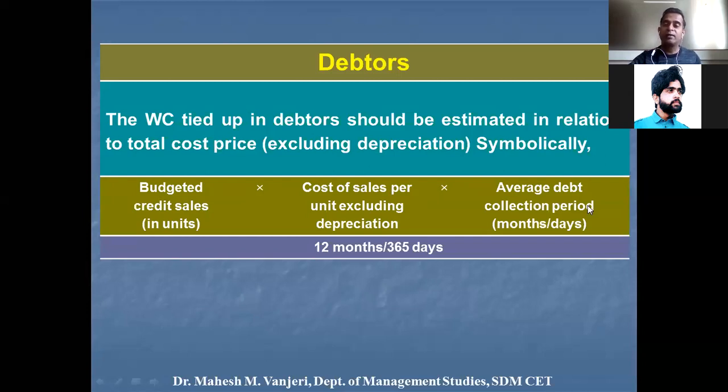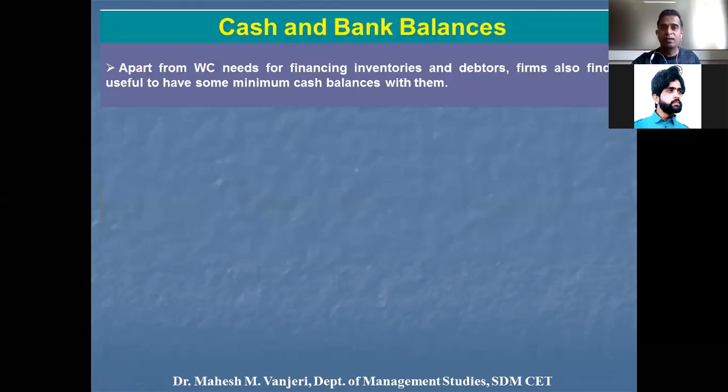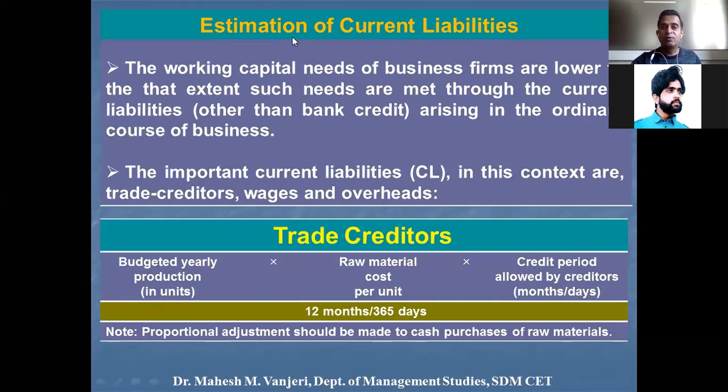So what is the credit period given to buyers or customers? One note here: if the company has received advance payment from debtors, I repeat, if the company has received advance payment from debtors, it has to be shown in current liability, because for the company it becomes a liability as a customer has made advance payment and the company is yet to deliver the goods. And cash and bank balances, at par value you have to consider. Then the estimate of total current assets: 5 types of current assets are there.